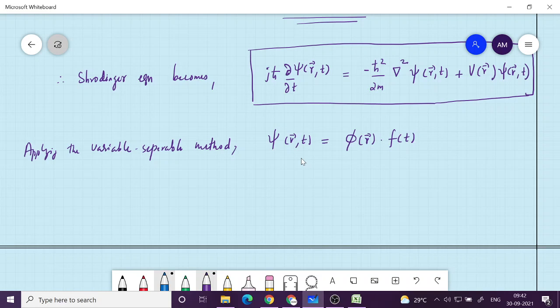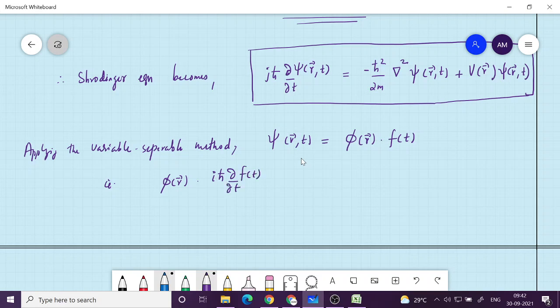If you substitute here, on the LHS it is only a partial derivative with respect to time, so that will only act on f of t and not on phi of r. Phi of r will be a constant, you can pull it out. So it will be phi of r into i h cut dou by dou t of f of t